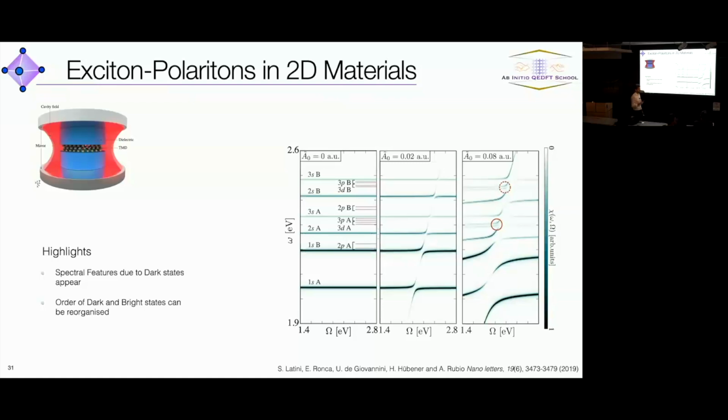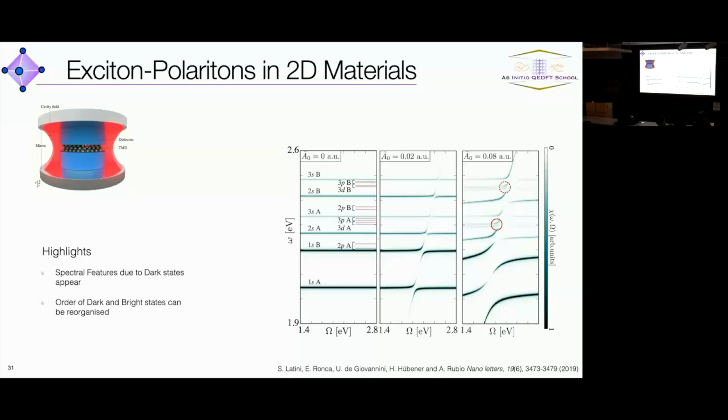Yes? Why is it okay to disregard the center of mass motion of the exciton here? Yeah. My intuition tells me that that should increase the coupling strength effectively, right? It does, and we also have some work on that. But the point here is that we're using unstructured cavities. So like in the example before,